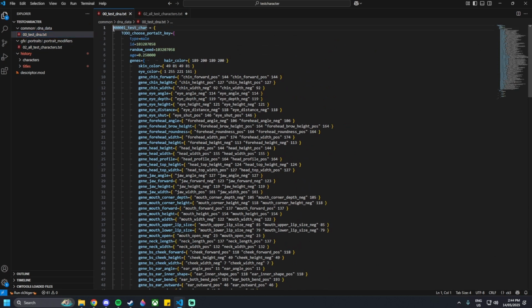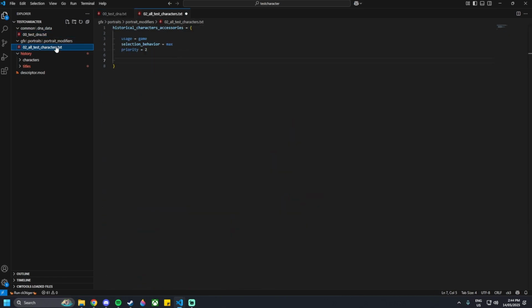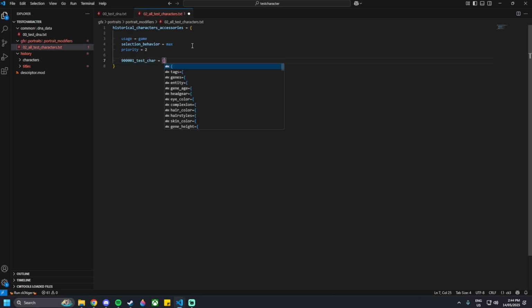So mine, for example, would be 900,001 underscore test character. So you put that in there, and then equals curly brackets,